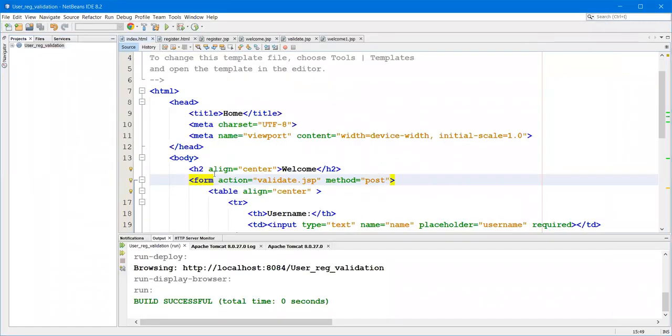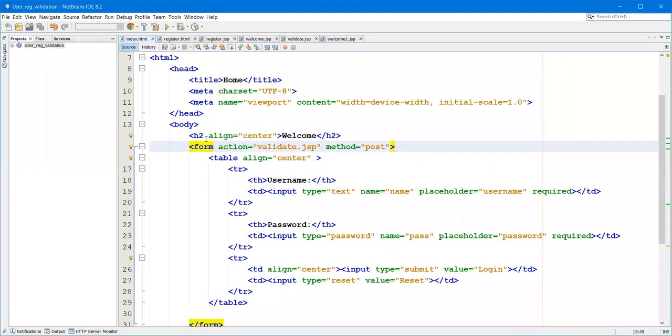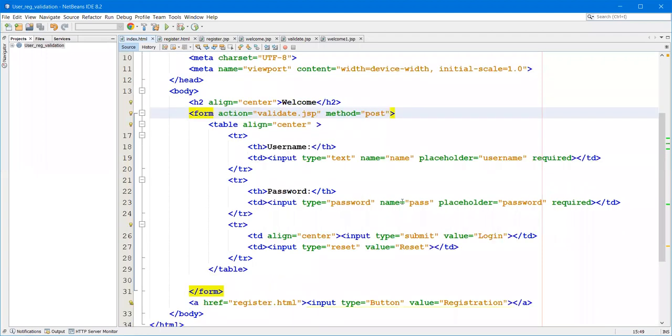First is index.html. In index.html, first we are going to see the login page. If you see the action, we are going to use validate.jsp, and the method is the post method. We created a username field, and the input type is text. The name of the field is